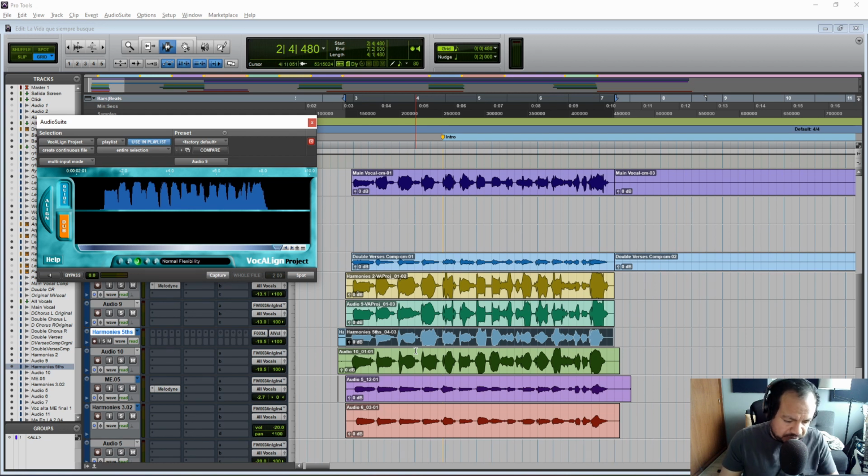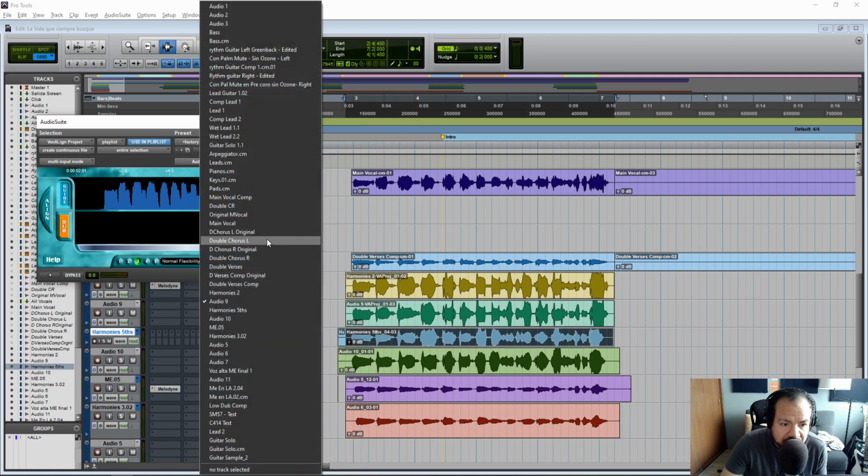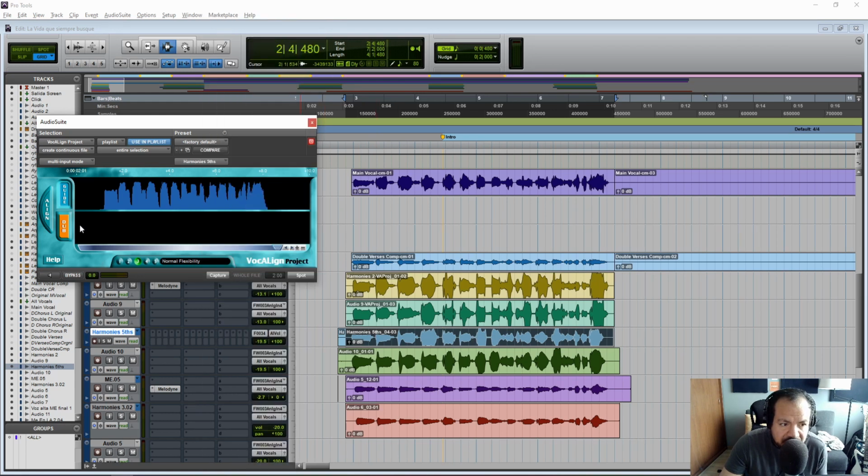It took me a little more time. I think I save a lot of time with this feature. I only have the project version, which is the simpler version, but still I'm able to get away with it most times. Then what I'm going to do is select the name of the track here. So it is Harmonies Fifths, the name of the track, and then I will tell VOCALIZE to capture this audio here